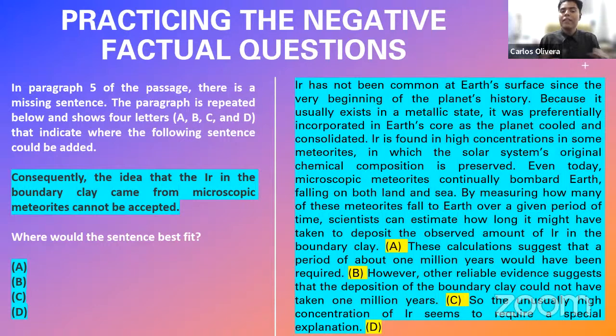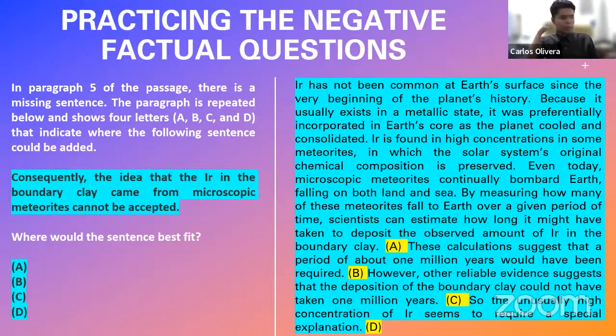Okay, that is the idea. It is basically, as I say, giving the verdict. It's saying, no, this is not possible. So therefore, it is in option C where that fits, because it is, as I say, terminating that possibility. This hypothesis does not work. And later, it says, so the unusually high concentration must be explained otherwise. It must be explained with other possible hypotheses. It requires a special explanation. So that is where our sentence would fit best.